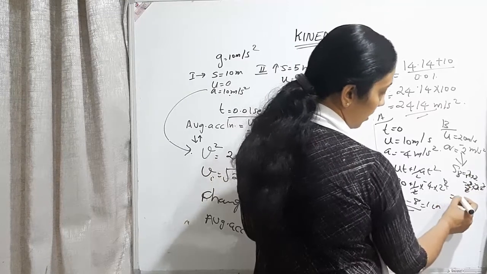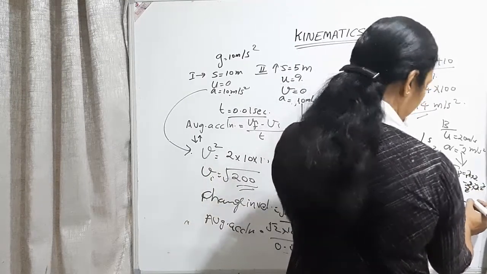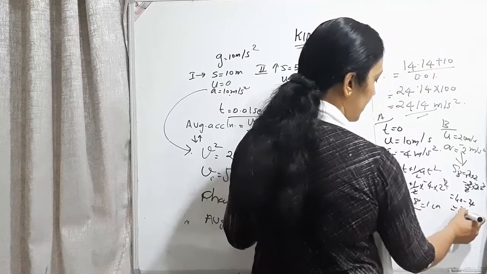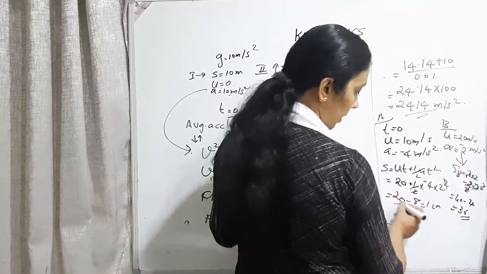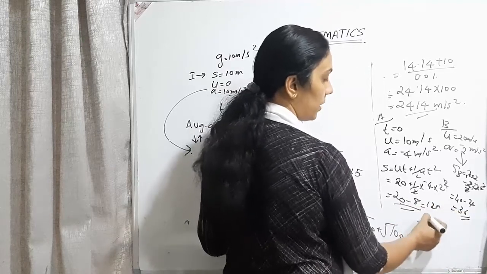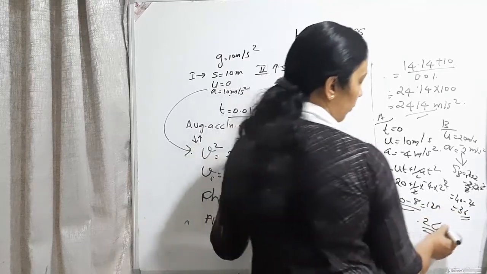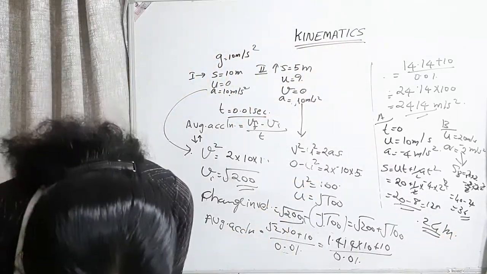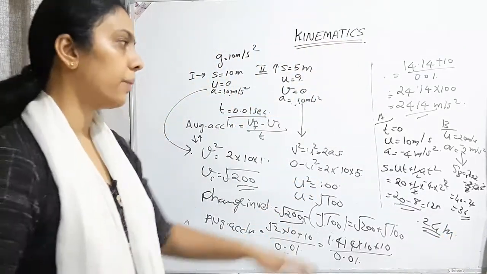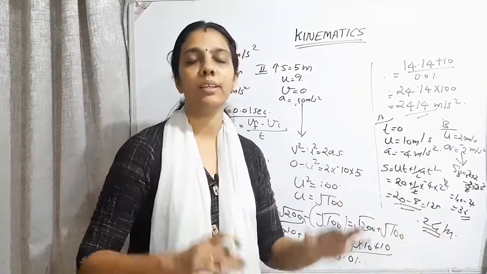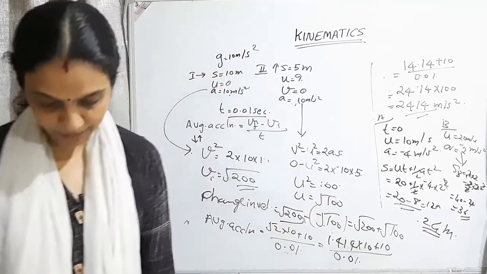So here 40 minus 4, you will be getting 36. Here you got 12 and here it is 36. Distance will be equal to 24 meter. Displacement you will be getting as 24 meter, option A is the correct one. Okay, so distance travelled, here also we are finding out the displacement.